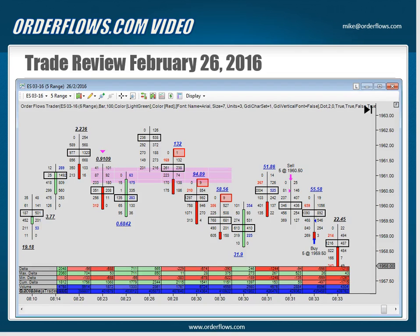Okay, the second trade I took is just during the cash open in the S&Ps. Normally, I very rarely trade around the cash open in the S&Ps, but sometimes you see something and it's just too enticing to pass up. And what I saw was, real quick,